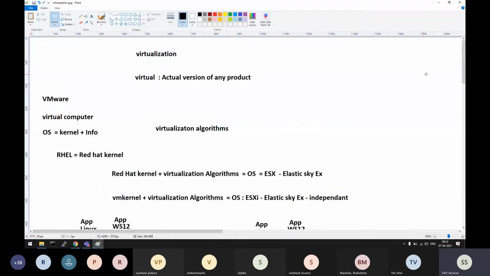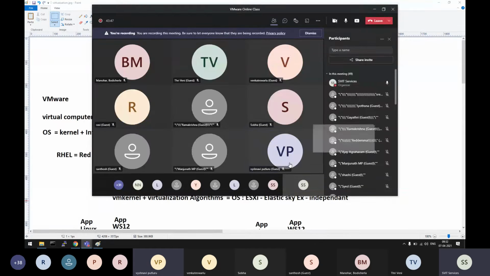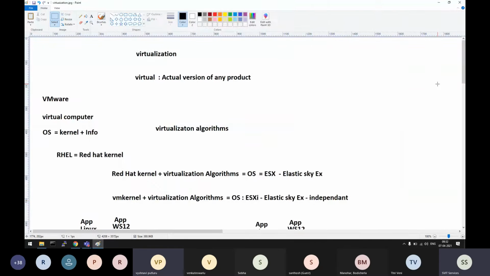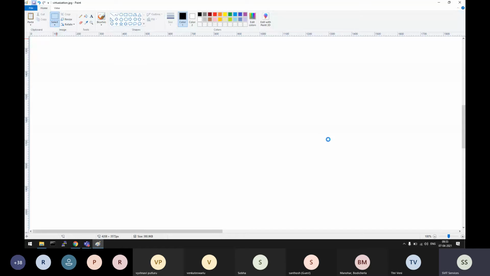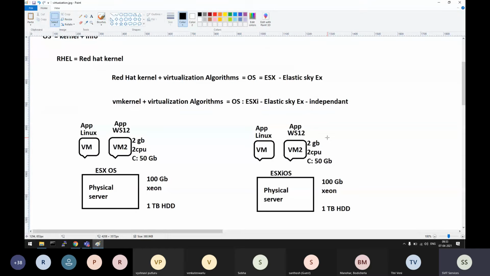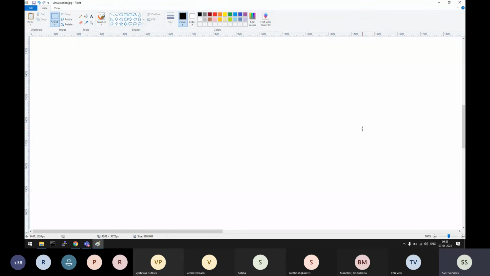That's the purpose: reduce the number of physical computers they use. Understood? Fine? Okay.